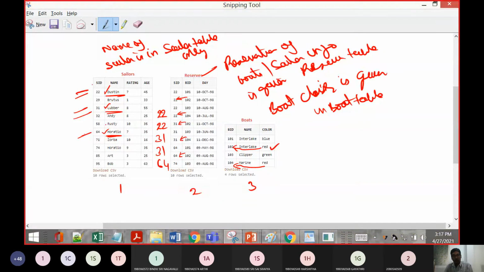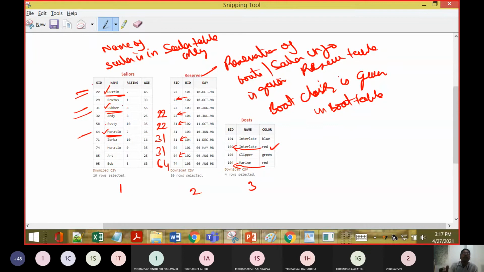So in this way, we are going to look up into the table. First, we should understand what answers we should get. Thereby, if we execute it, the answer should be there. Directly copy pasting it and getting the answers is just data entry work. So first of all, we should interpret the answer, assume what the answer is going to be, and verify that answer is going to arise or not.